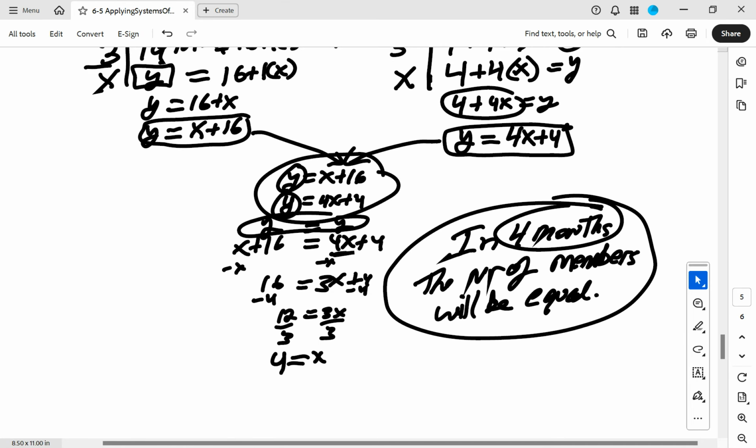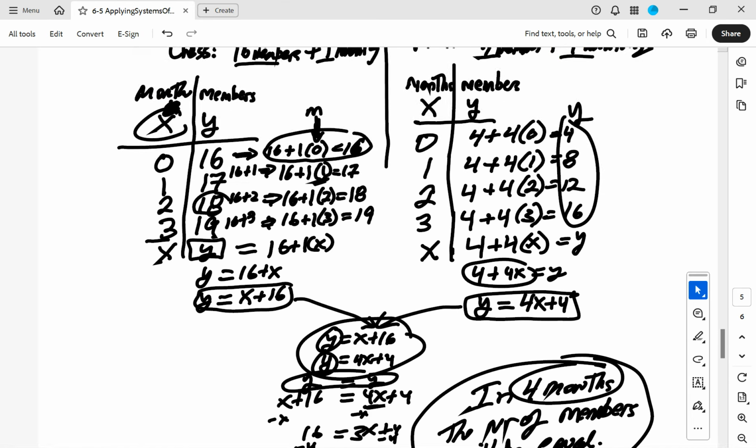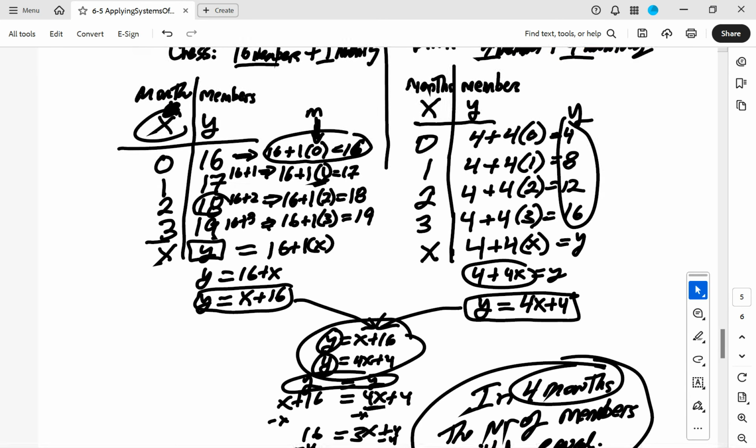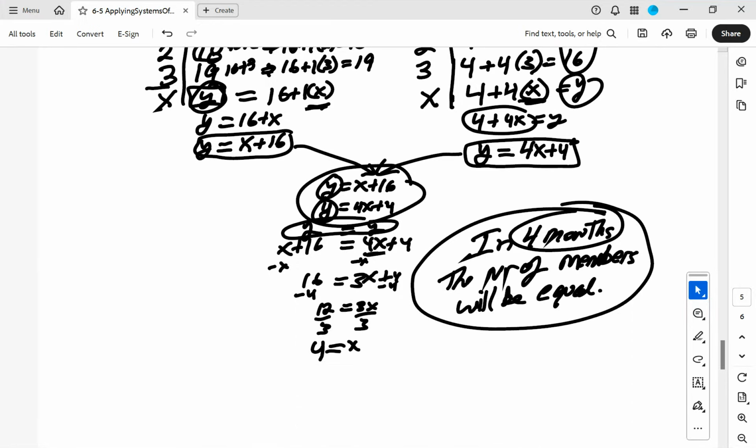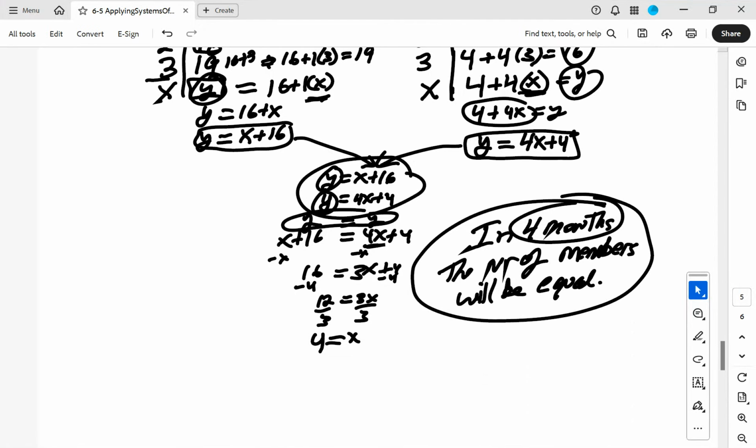In this case, what I did, in each of them, I wrote y in terms of x. And because y equals one thing and y equals another thing, those 2 things are equal to each other. All right, good problem. I like this one as a way of showing how you're breaking even, the number of